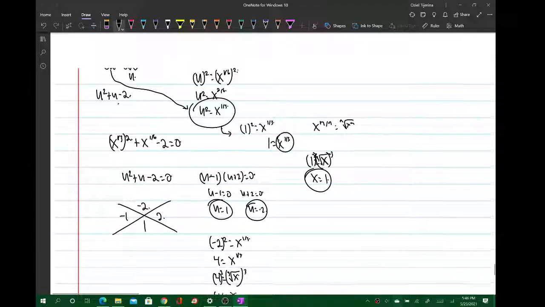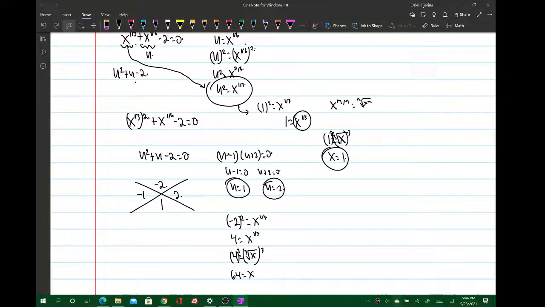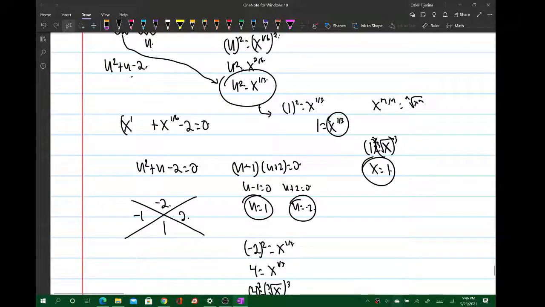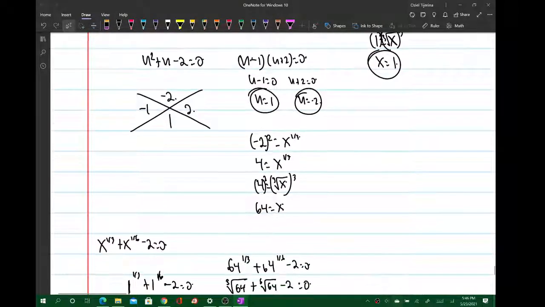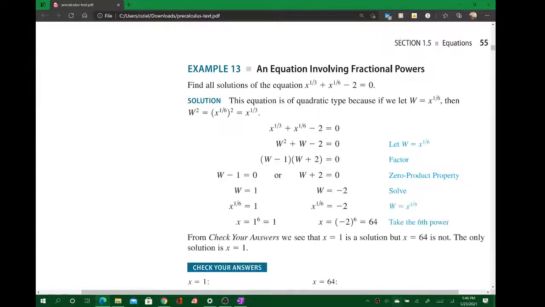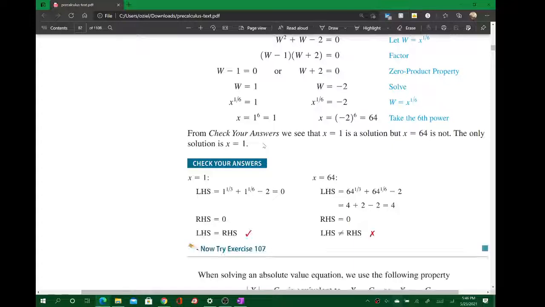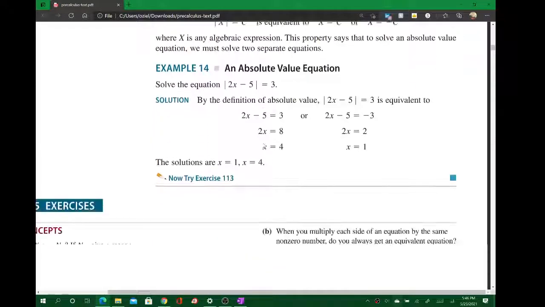Because it's a little tricky, you have to know what to make u equal to, right? This is a little tricky, so you have to be careful. And you actually use u substitution a lot in calculus. So that's kind of why I chose u instead of w like they did over here, just so you can get accustomed to those. Okay, so